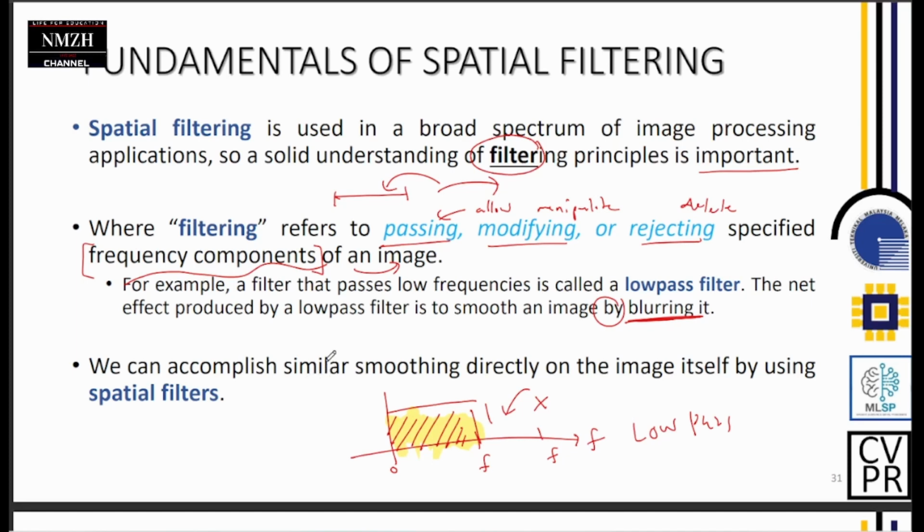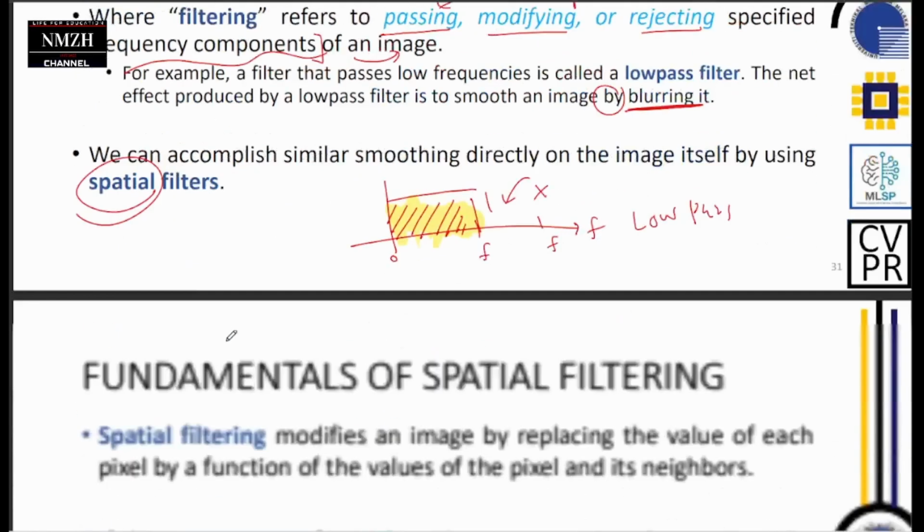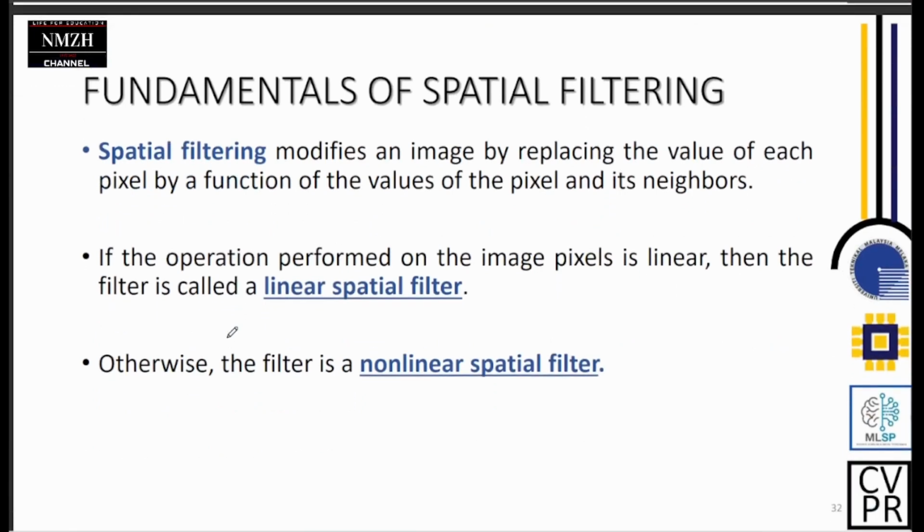So spatial filtering is dedicated to this particular part of this chapter. For the fundamentals of filtering, spatial filtering modifies an image by replacing the value of each pixel by a function. The keyword here is replacing a value using a function of the value